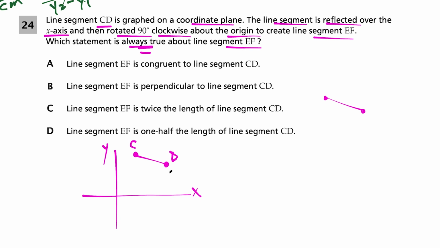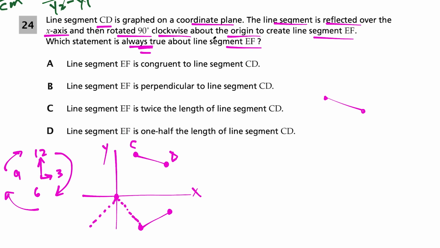And the first thing that's happening is we're reflecting it over the x-axis. So this is not necessarily drawn to scale, but here's the new line segment like this, reflected over the x-axis. And then from here, it's rotated 90 degrees clockwise. So if you imagine a clock here, 12, 3, 6, 9 like this, we're spinning in the direction of a clock that actually works. Okay, so if you have a clock, and let's say you have the minute hand and the hour hand, the hands are going to be spinning in this direction here. So now I'm taking this thing and I'm spinning it in this direction, 90 degrees clockwise about the origin. So it's as if I'm connecting this point to this point here, and then I'm spinning 90 degrees, let's say